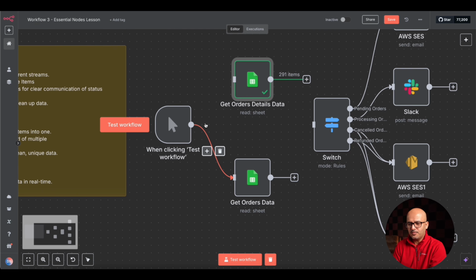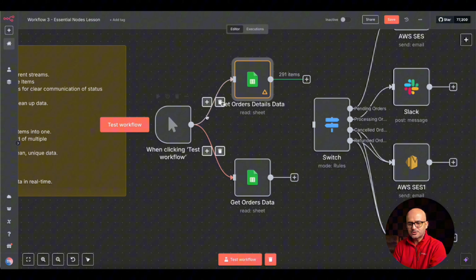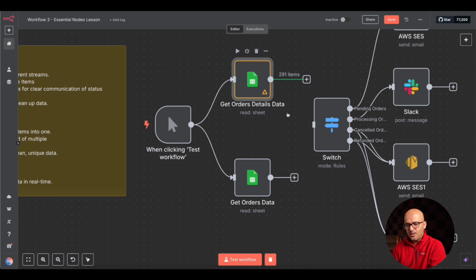Now another thing we can do is click on this connector icon and attach it to our get order details node. So now, as soon as we test our workflow, both the orders data as well as the get order details data would get returned. And I would like to tell you that the sequence in which n8n executes the workflow is that it is going to start from the leftmost node. First, it will process the topmost branch that you have. So over here, you would ideally get order details data first and then get orders data. Since I have disconnected everything, let's just take an example.